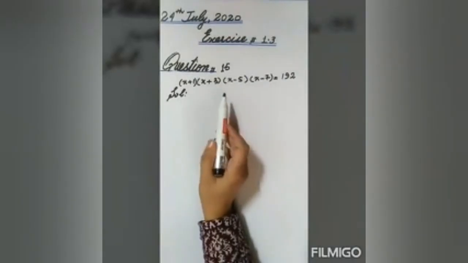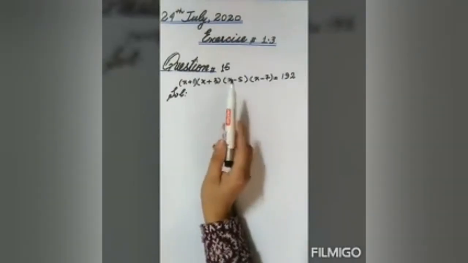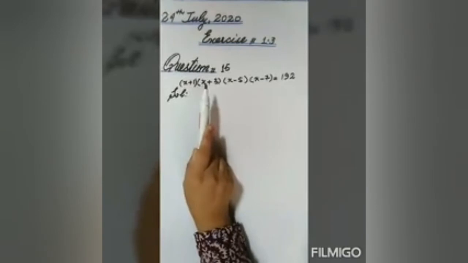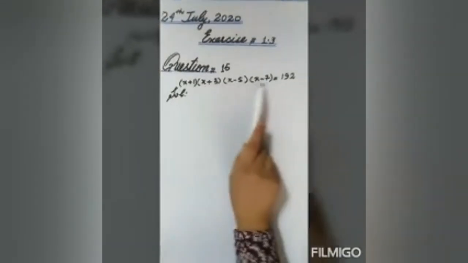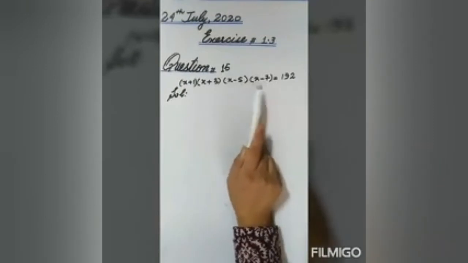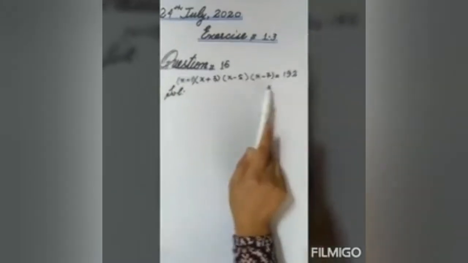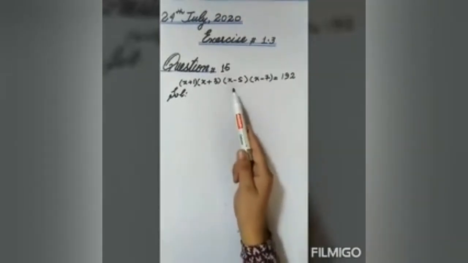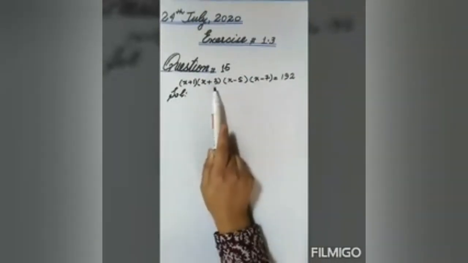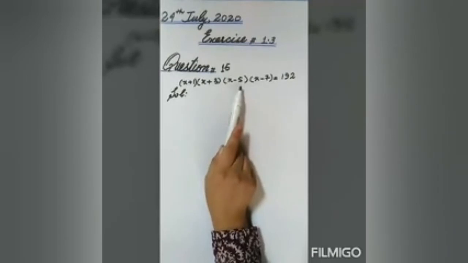Students, now come towards question number 15. In question number 15, this is a different question from the previous one. In this question, we have 4 factors which are multiplying with each other. We have to combine 2 factors with each other, and then multiply them, and we can make quadratic equations. Students, do you remember such type of questions you solved in 9th class in exercise 5.2? You can check your 9th class book. You have solved such type of question.